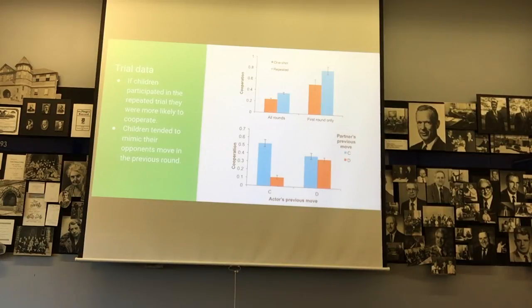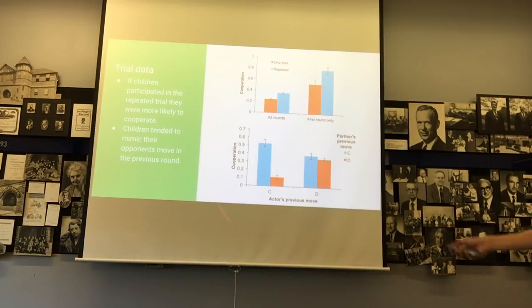So over 80% of the time, kids chose to cooperate when they were told they were playing against the same opponent. And even if they were told they were not playing against the same opponent, they still chose to cooperate over 60% of the time. Overall, in the entire study, kids who were told they were playing against the same person for 6 rounds chose to cooperate about 40% of the time, which was still higher than the kids who were told they were going to play 1 round, which is a little bit over 20%.